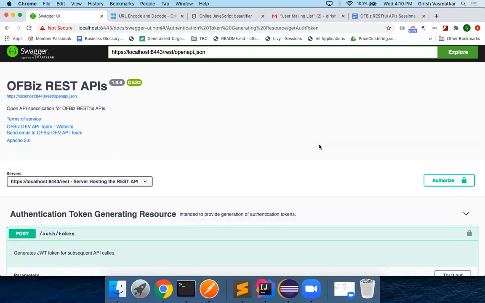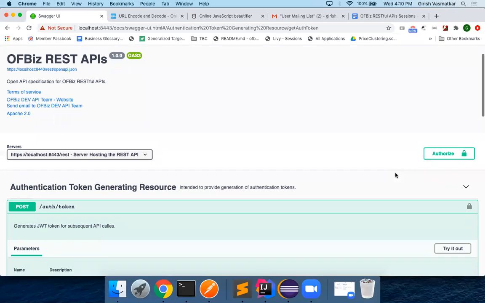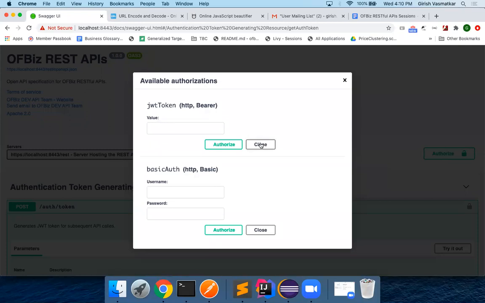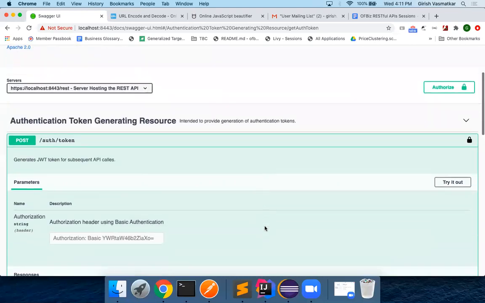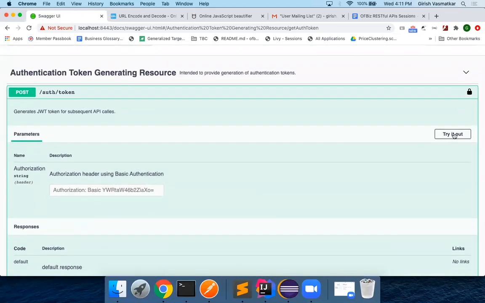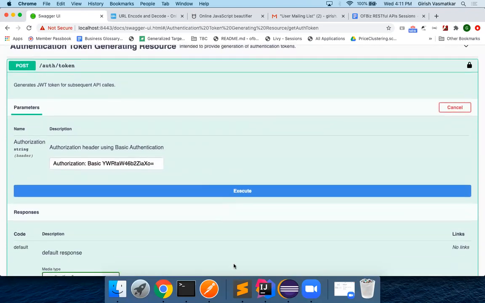So here you can see that an Authorize button is showing up. It shows what various authentication mechanisms this API as a whole is supporting. Here you can specify admin and password as always. Once you click Authorize, it stores these credentials internally, and then when you click the Try it out button, it will execute the same